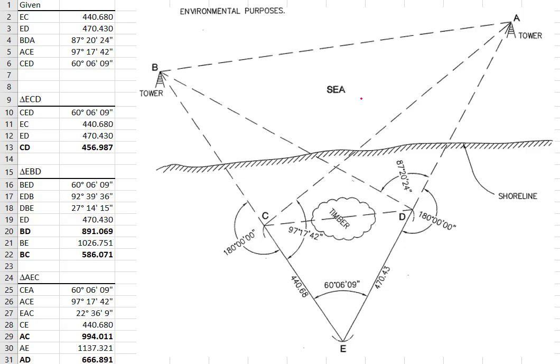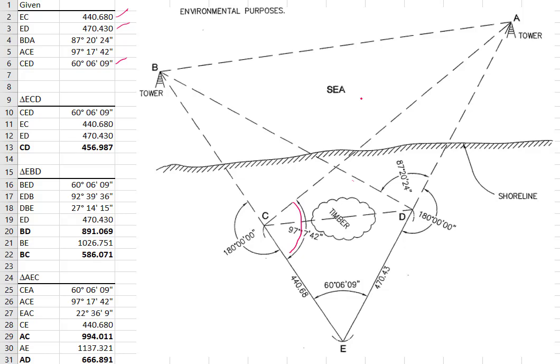We have line EC as 440. We have the line ED as 470. The angle between them is 60 degrees, which is CED. And we have the angle 97, which is ACE. This angle, as you can see, is 97,